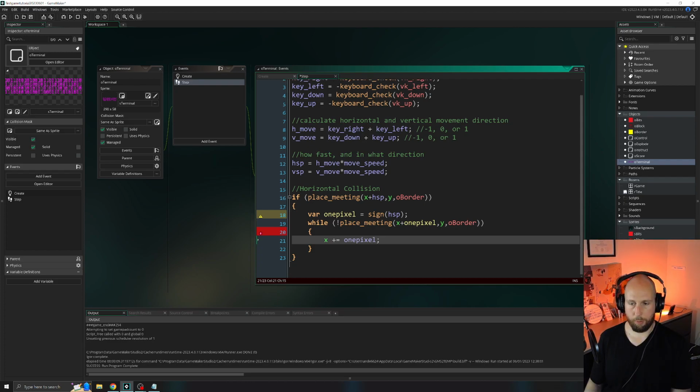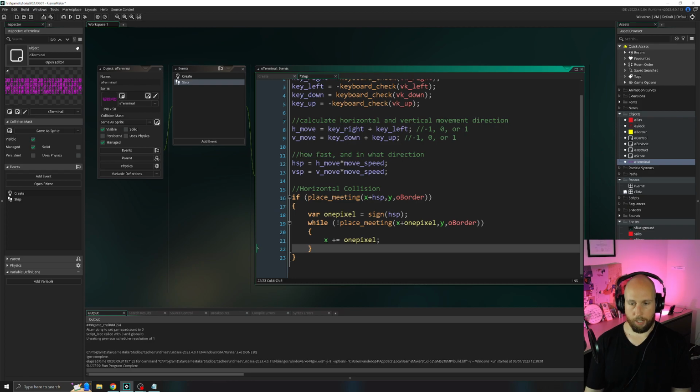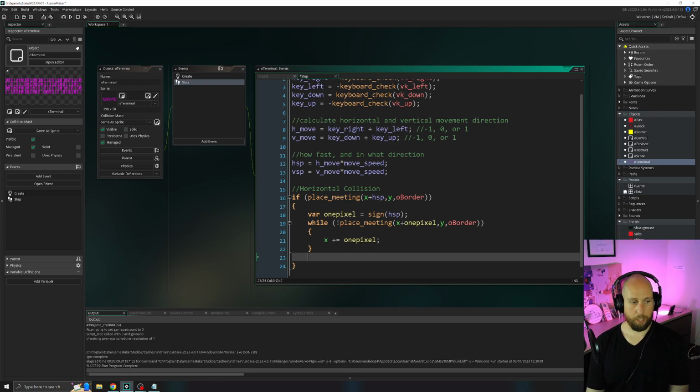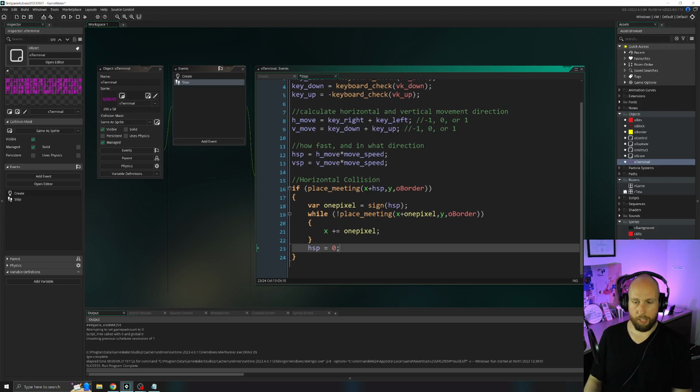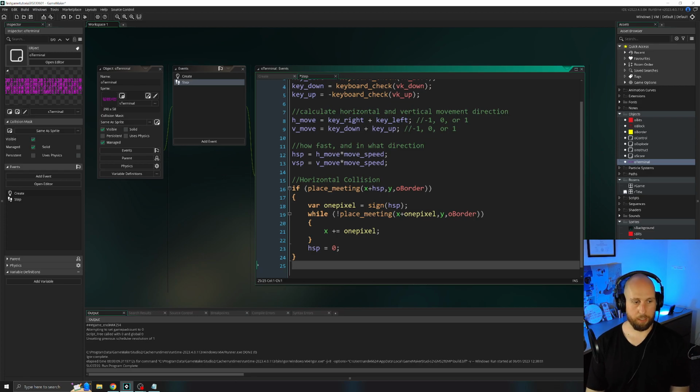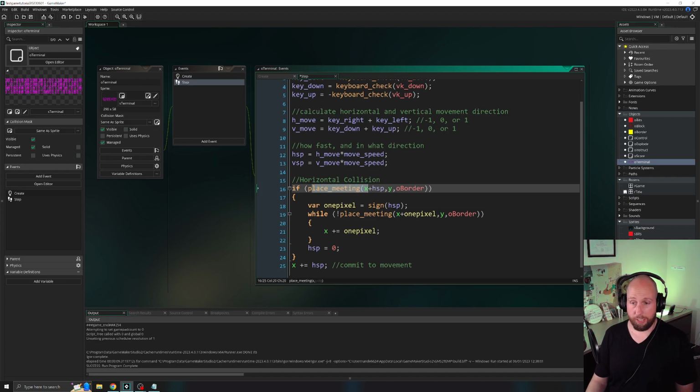That should turn yellow in a moment. And then after that, write hsp equals 0 to stop our object. And then after this place_meeting curly bracket, finally down here, we will move: x plus equals hsp. Comment: commit to movement. So what this does is checks if we're going to overlap with the border object in